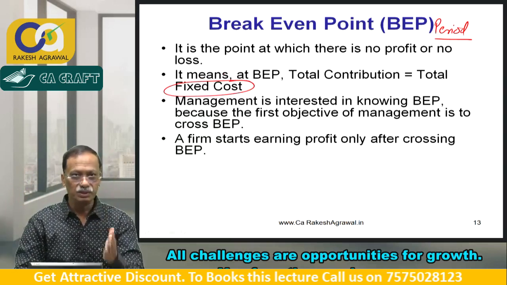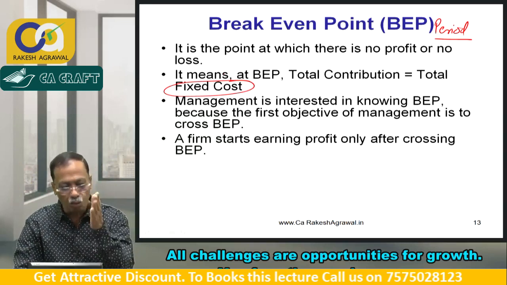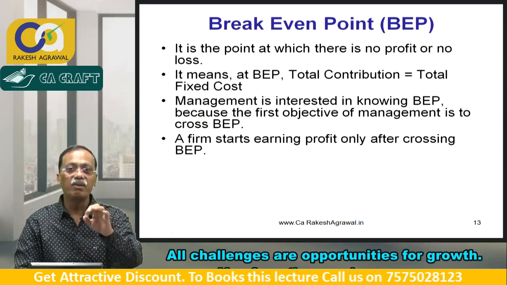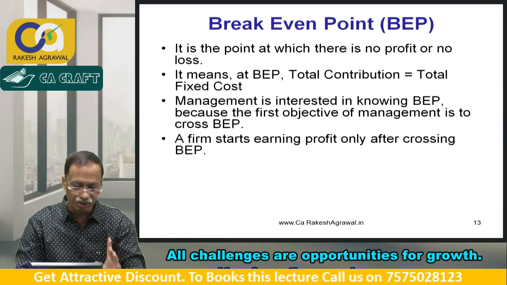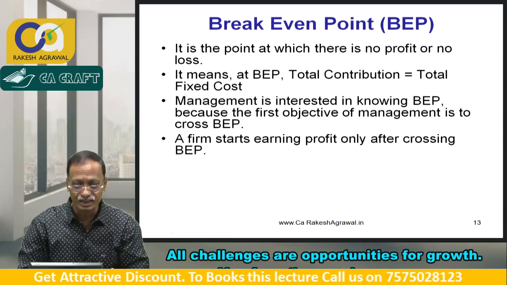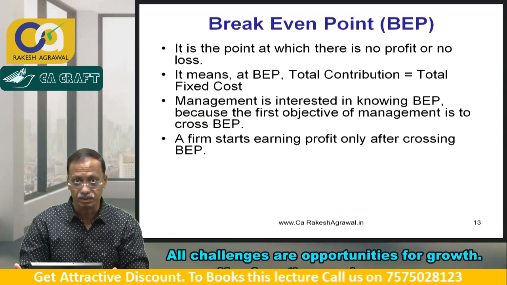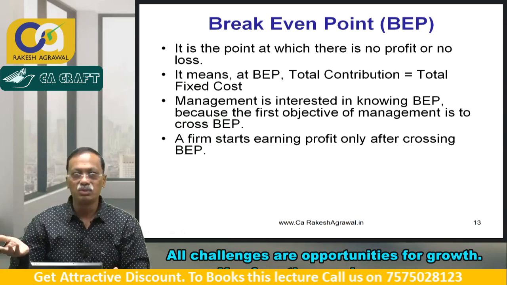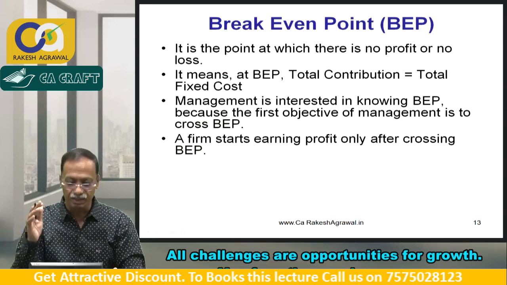If in the question the fixed cost is given for a year, then your answer BEP calculated is for 1 year. Suppose my break-even point comes to rupees 10 lakh sales for 1 year based on yearly fixed cost. It means every year I should generate a minimum sale of rupees 10 lakh, then only I can earn profit. For next year again I have to generate a minimum sale of 10 lakh. If 10 lakh rupees is my BEP sales, then